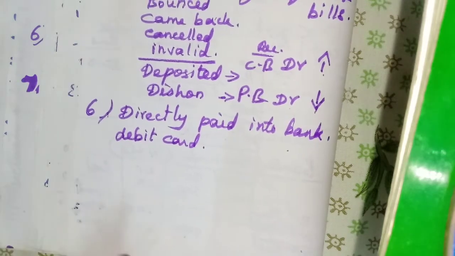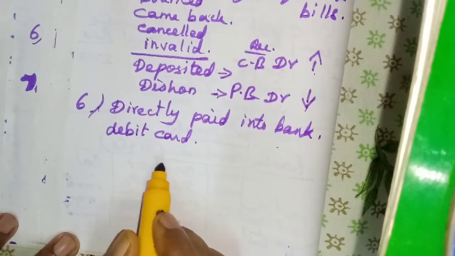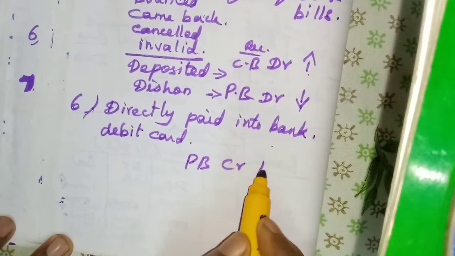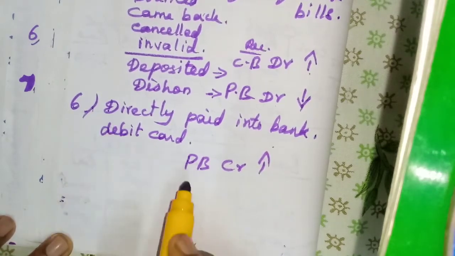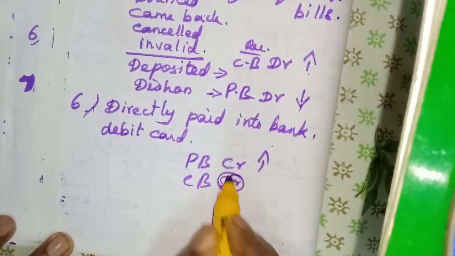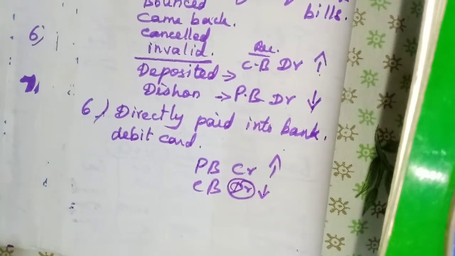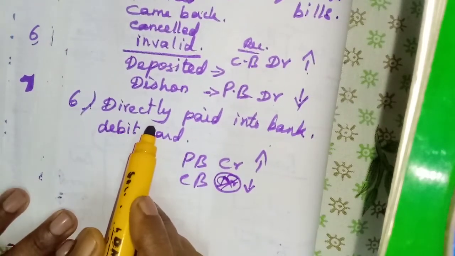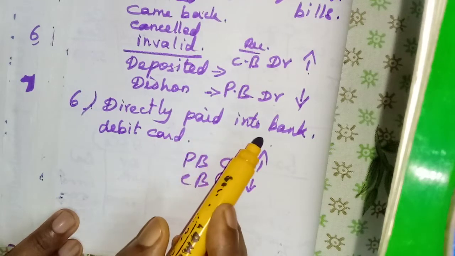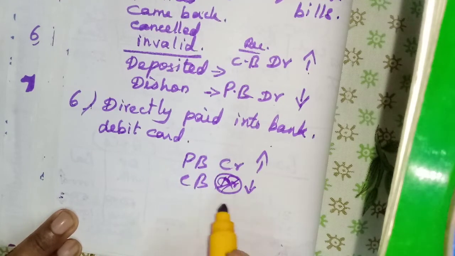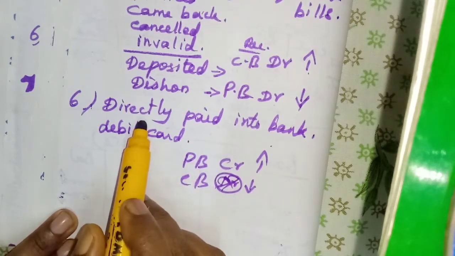So here the bank will credit, isn't it? The bank passbook, they will credit, so the amount will increase. But here in the cash book, we will not debit, no debit. So we will not enter this one, because we do not know who and all have paid in the bank directly. So we will not enter in the cash book,